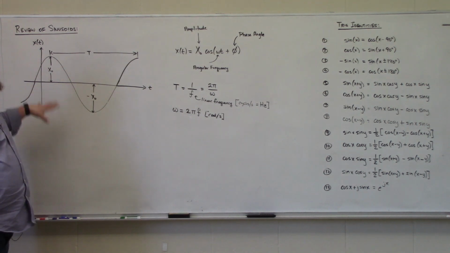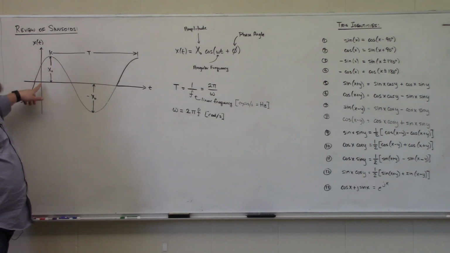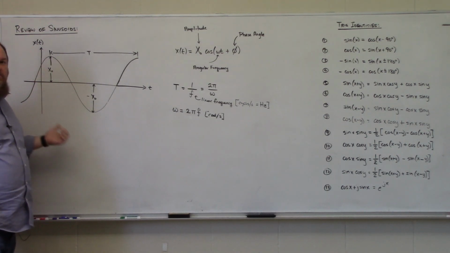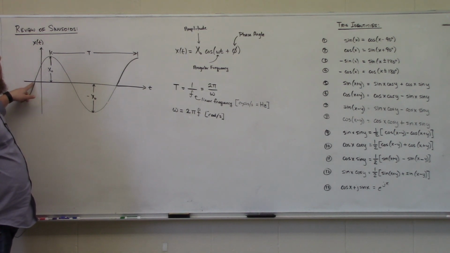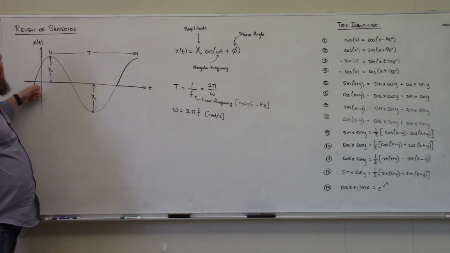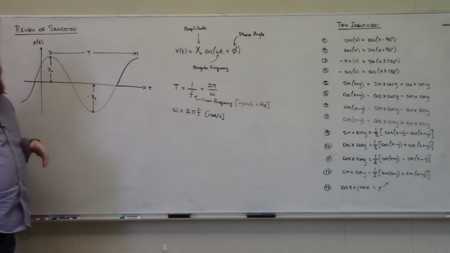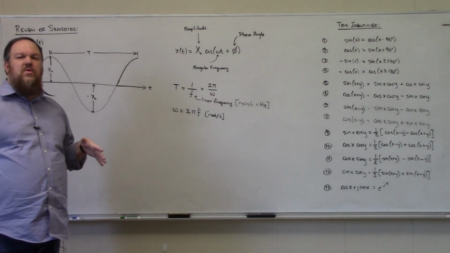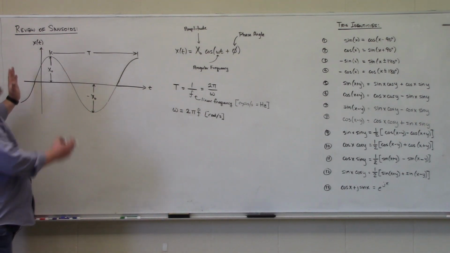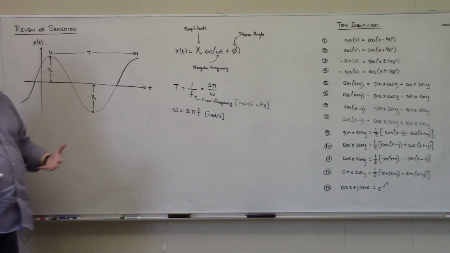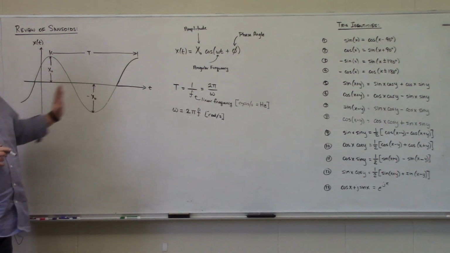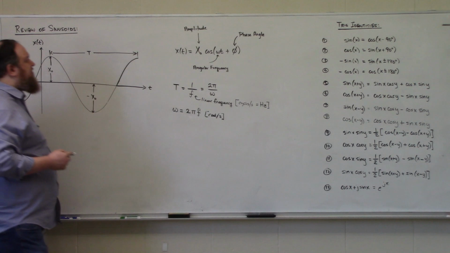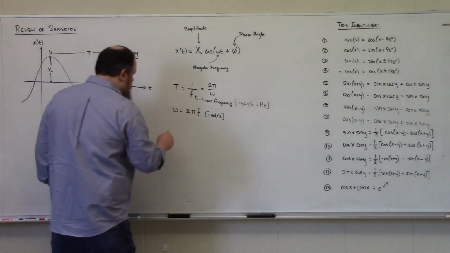I've drawn this particular sinusoidal signal such that the peak value does not occur at t is equal to 0, which is what we would expect for a cosine function, and the zero crossing where it is increasing does not occur at t is equal to 0, which is what we would expect for a sine function. Instead, there is some offset or time shift that is happening. So our phase angle is simply a measure of that time shift, either left or right,